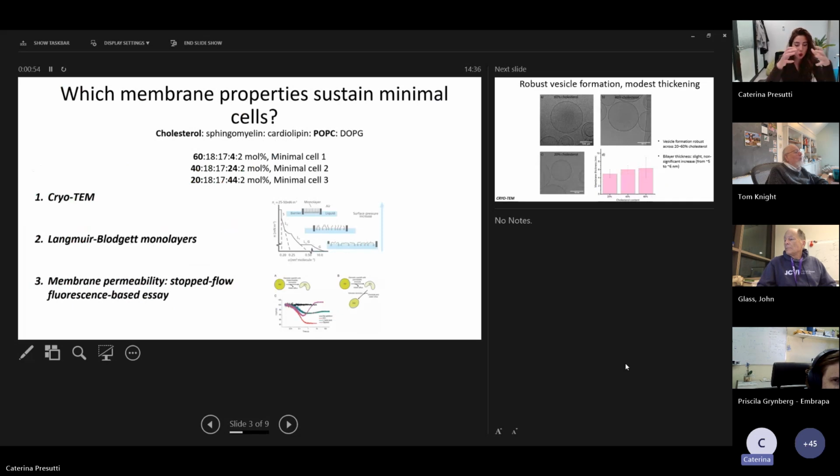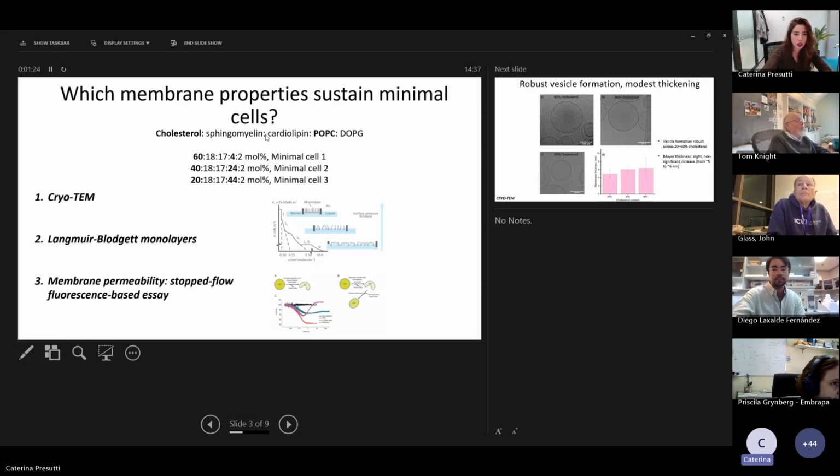So this implies that once an optimal lipid set is established, it becomes conserved in a certain organism, providing not only stability and control of permeability, but also a sort of universal physical framework for the persistence and origin of cellular life. So our work addresses a central question: which membrane properties sustain minimal cells, and how does the balance between condensing lipids such as cholesterol and sphingomyelin, and fluidizing lipids such as cardiolipin, POPC, and DOPG define the chemophysical identity of